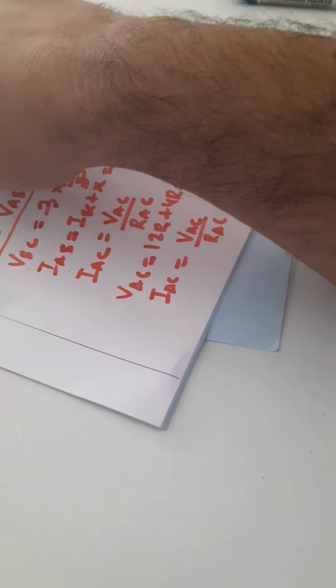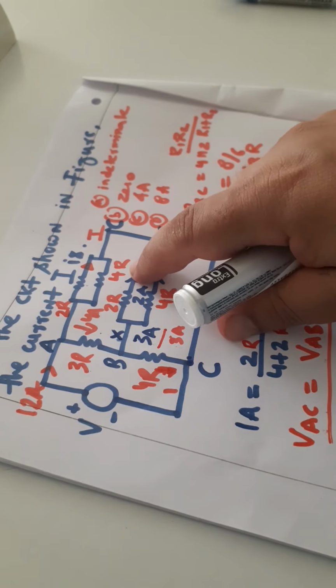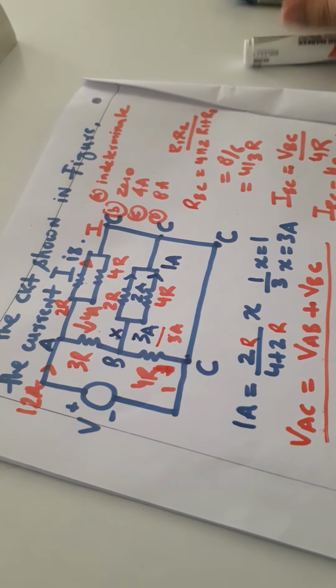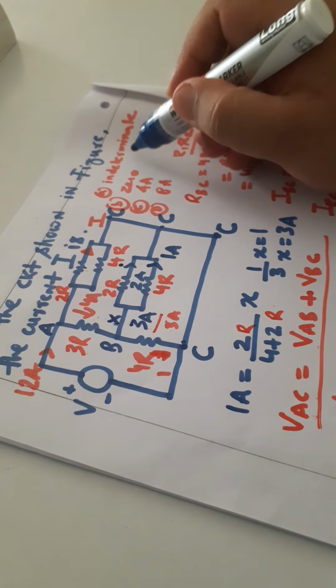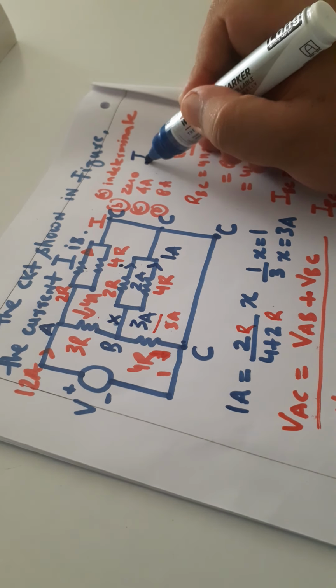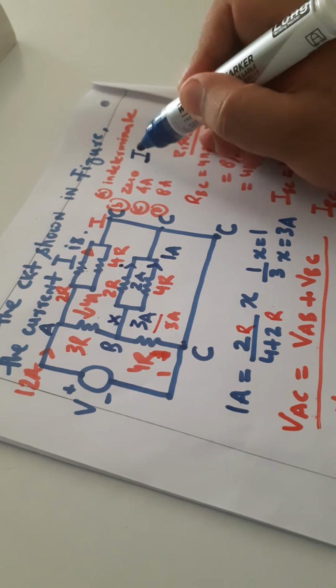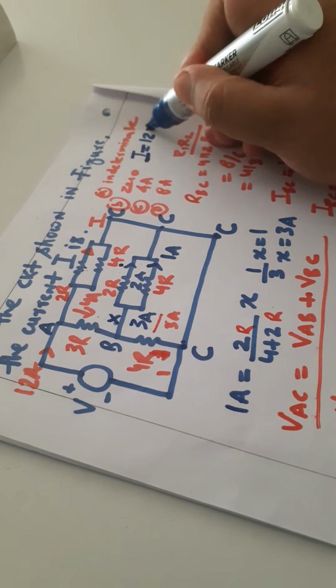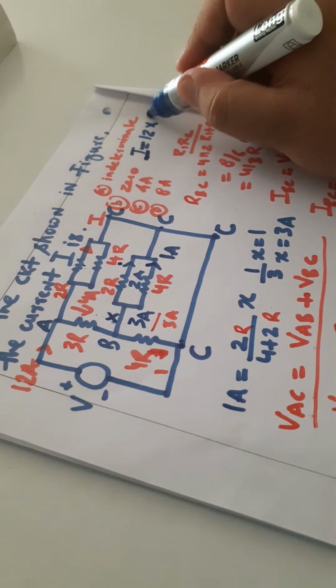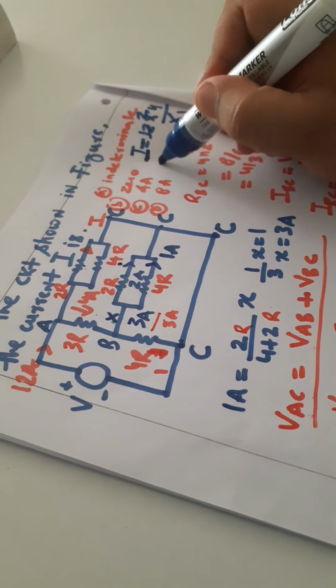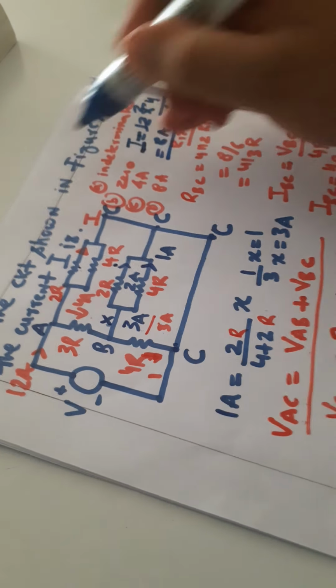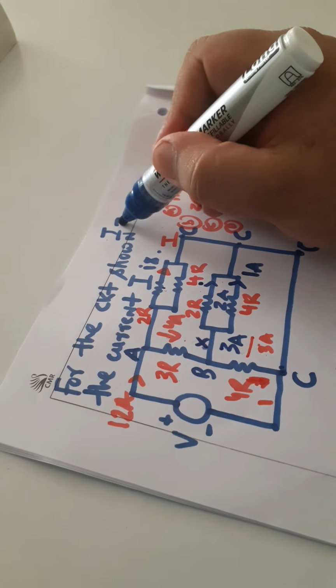So here 12 amps is entering, and you have to see how much is that I. Again you will use the current divider rule. This is 2R and this is 4R. Using the current divider rule, the I value is equal to 12 into the opposite side 4 divided by 6. Six twos are 12, 2 into 4 is 8 amps. So your answer for I would be equal to 8 amps.